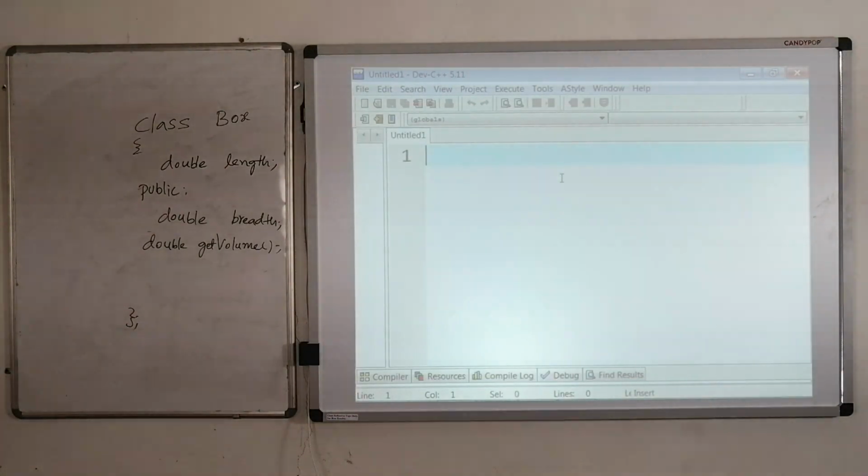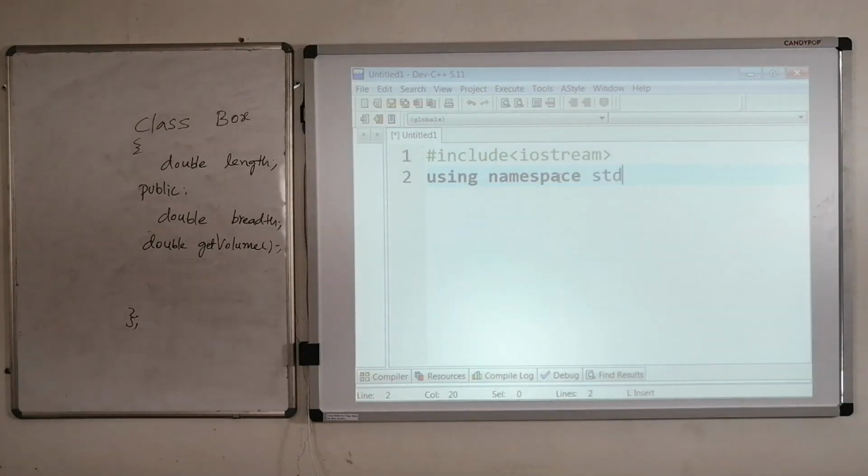So quickly, I have started this Dev C++ IDE, and over here I'm writing my program. So include iostream, then using namespace std, int main of void.